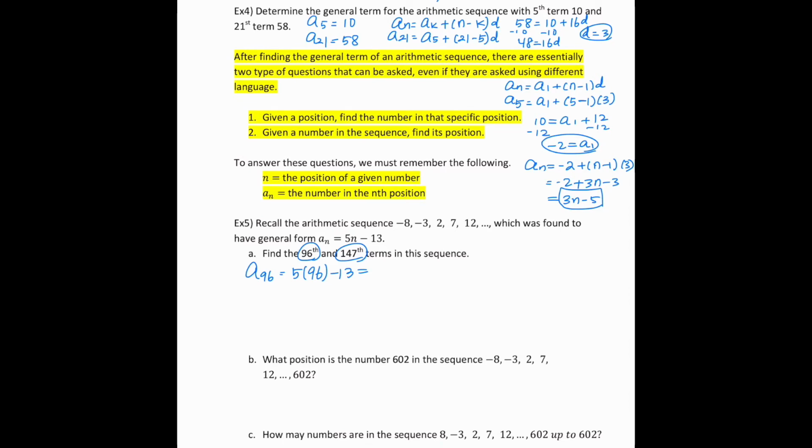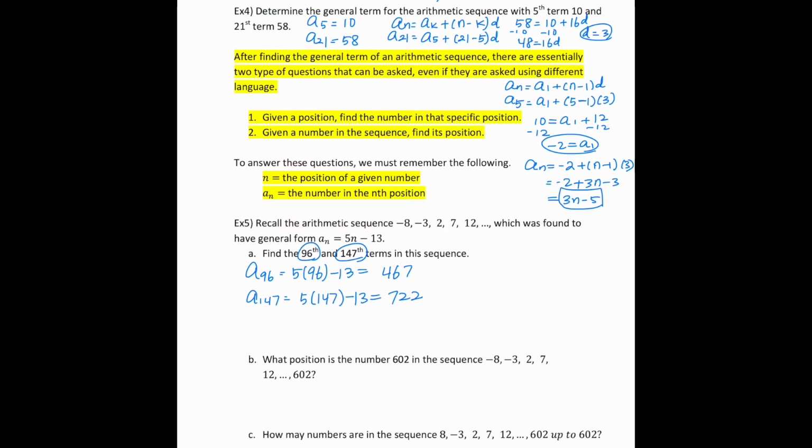and minus 13. I got 467. A sub 147: I put 5 times 147 minus 13. So 5 times 147 and subtract the 13. I have 722. What position is the number 602 in the sequence of negative 8, negative 2, 2, and 7,